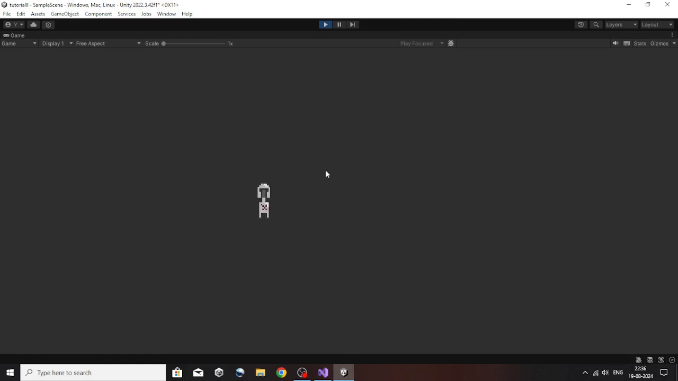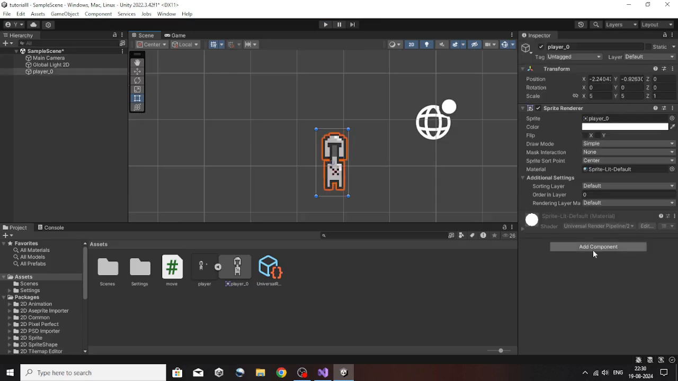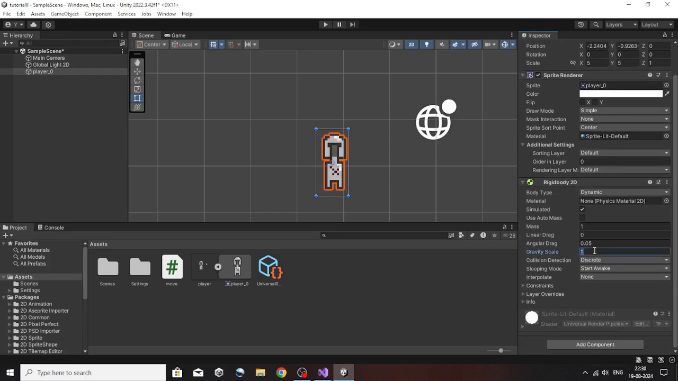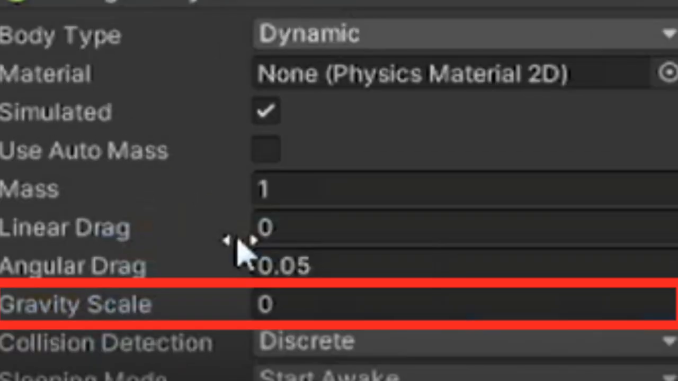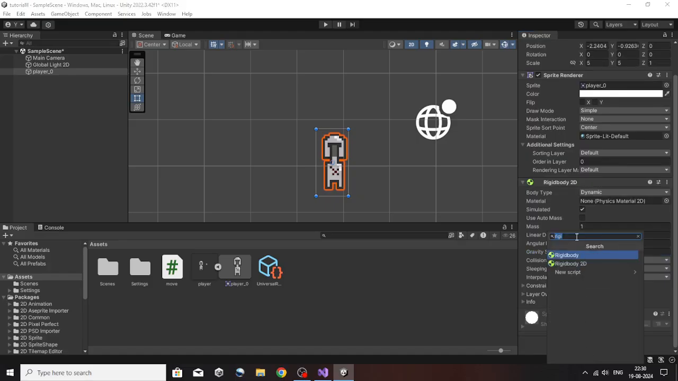So let's begin. I'll start by dragging in my player, then adding a Rigidbody 2D component to it. And now this is really important: set the gravity scale to 0 so that the player doesn't fall off because of gravity. Then we'll add a Capsule Collider 2D